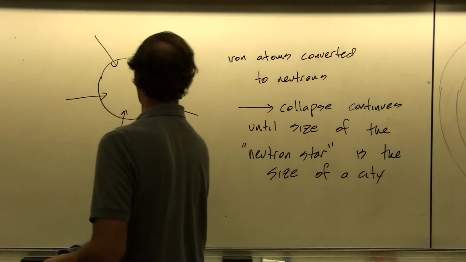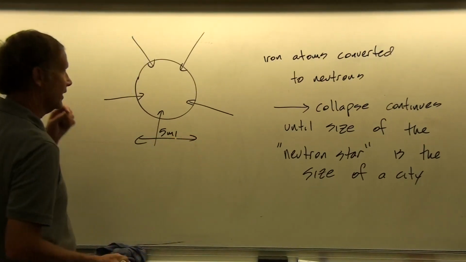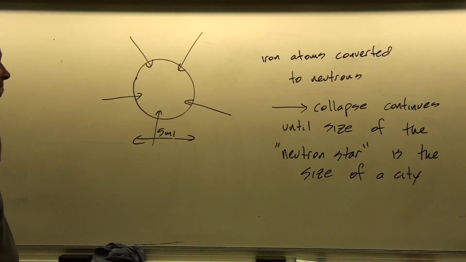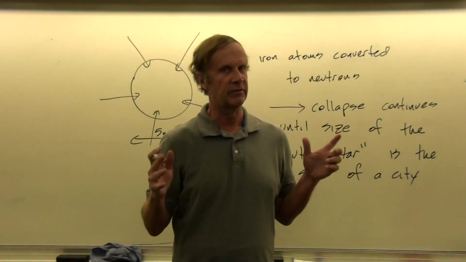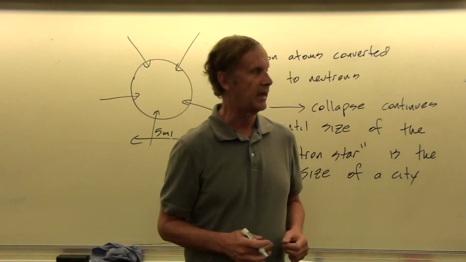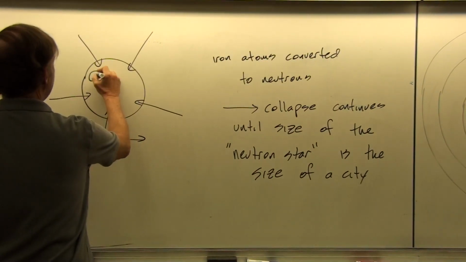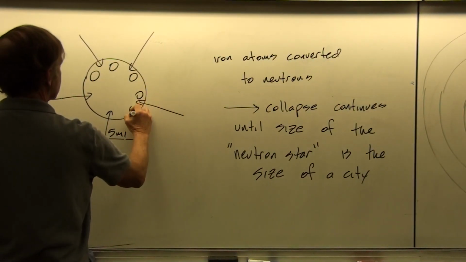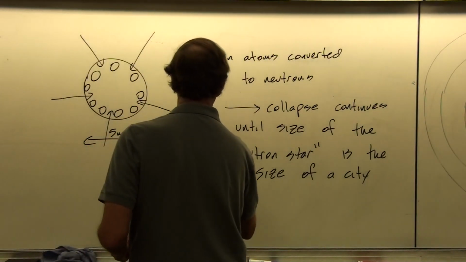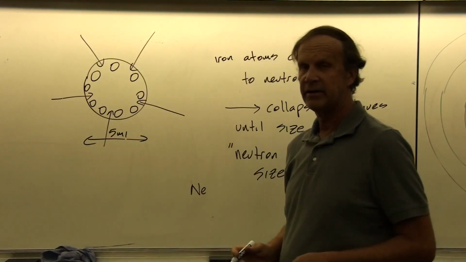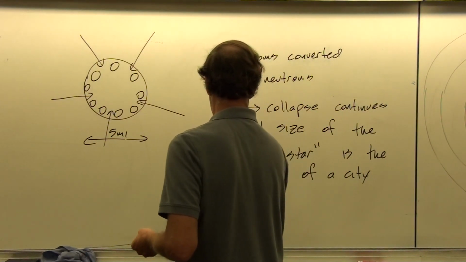So by the size of a city then, I'm talking about maybe 5 miles across or so. Maybe 10 miles across at the most. But this thing has a mass that might be 1,000,000 times the mass of the Earth, because this would be in a range of about 1.4 solar masses to 3 solar masses. This iron core collapses. It crushes down, but now it's being supported by the neutrons. So the neutrons also exert a pressure. So it's the neutron pressure that keeps it from collapsing all the way down to become a black hole. Okay, so it stops when it reaches the size of a city.